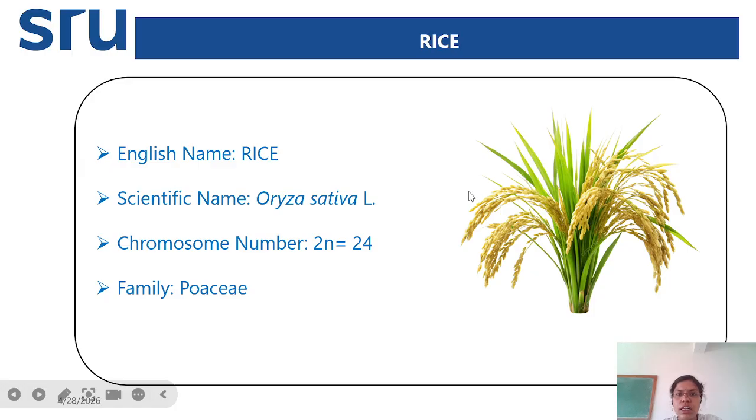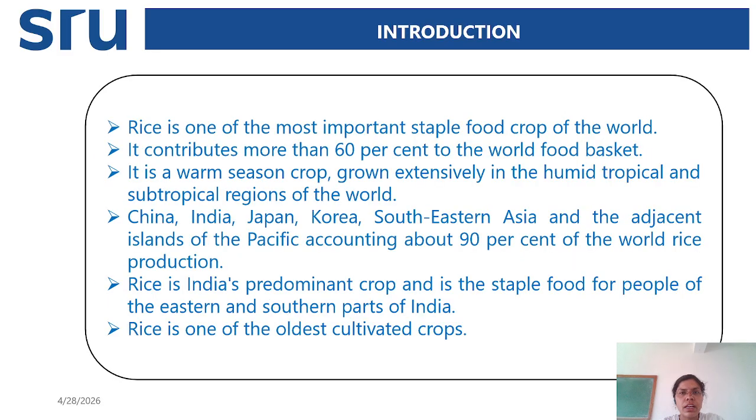Rice is the most important staple food crop of the world. Around half of the population is dependent on this paddy crop, and it is called rice or paddy. The scientific name is Oryza sativa L, the chromosome number is 2n equal to 24, and it belongs to the Poaceae family. Next, coming to the introduction, as we know, rice is the most important staple food crop